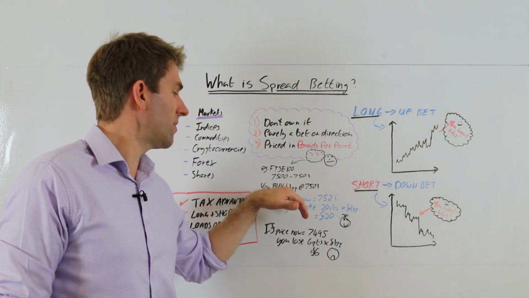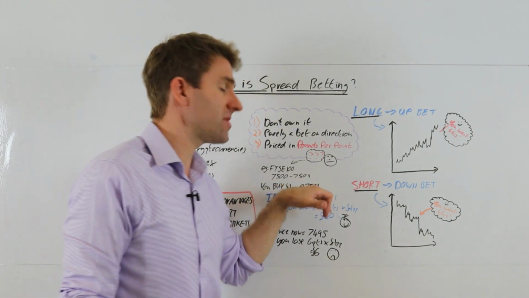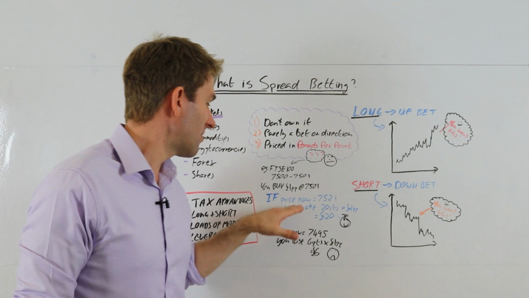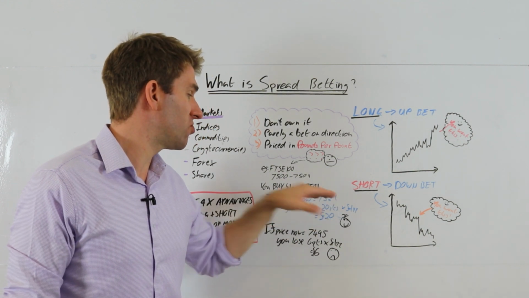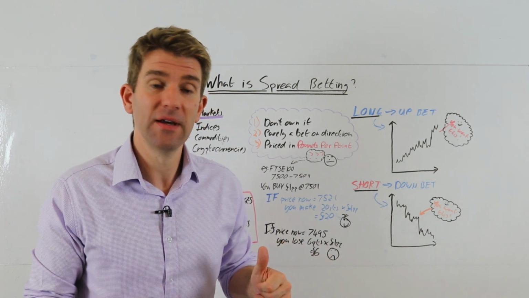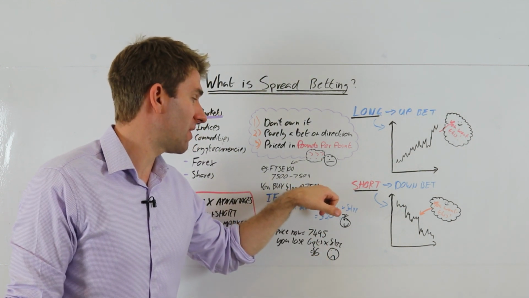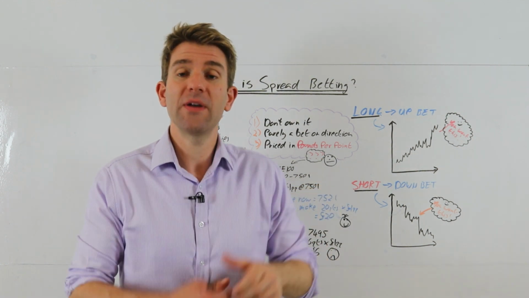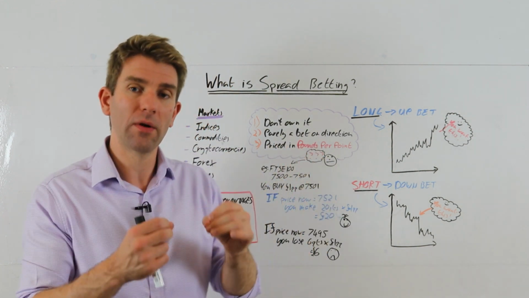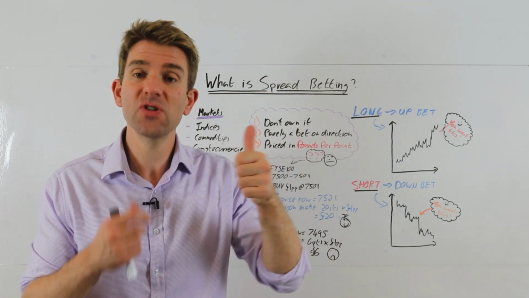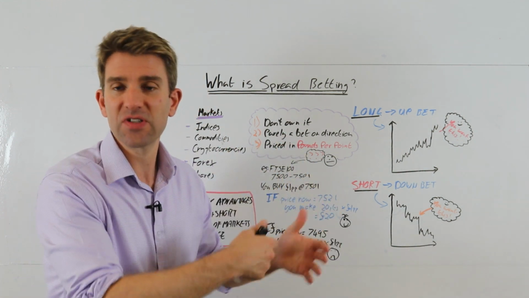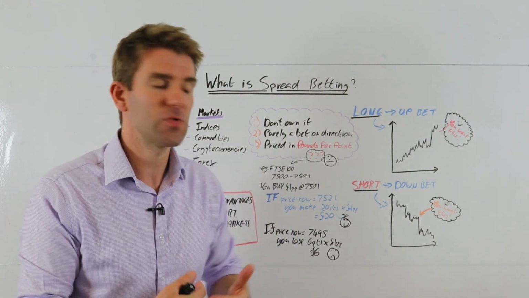So look at an example. You bought the FTSE at £1 a point at 7,501. And let's say next day, the price is currently sitting at 7,521. So you've technically made 20 points on that trade because you were buying at 7,501 and it's now 7,521. What was your stake in pounds per point? In this example, it was 1. So you've made 20 points, times your stake, £1, you've made £20 on that trade. If the stake was higher, you just do the equivalent maths with it.